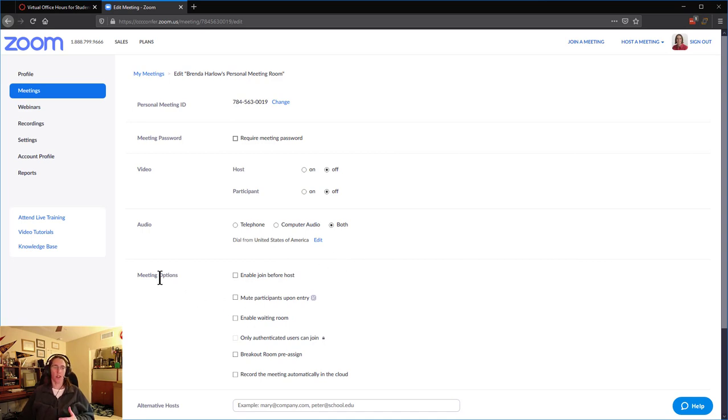Now, for the rest of the general meeting options, you have an option here to enable join before the host. Generally, that's used if you want to put out a meeting there and you want people to be able to join it before you have. You can mute participants upon entry. Because this is going to be used for just a general office hour, I don't want to mute my students